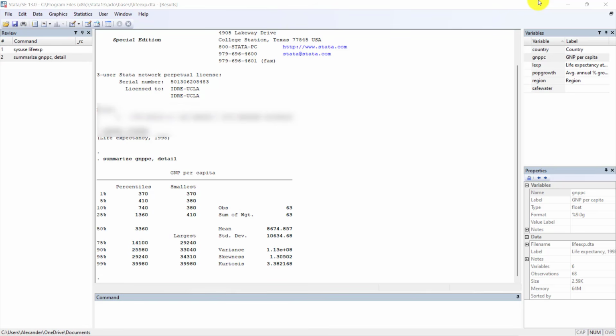So when I'm typing the commands, I'm going to be using all lowercase letters. If I type summarize with a capital S, it's not going to work. So all the time, make sure that you are writing lowercase letters, or exactly the way that the command is